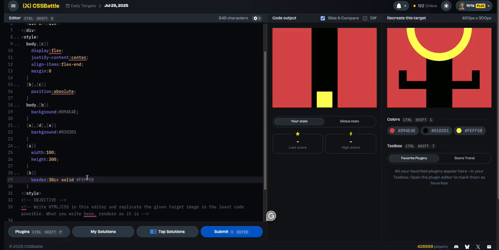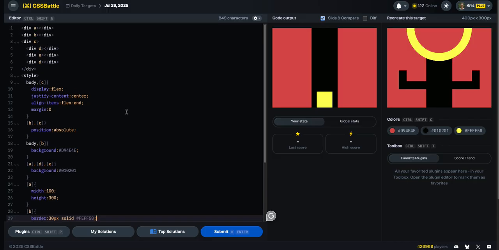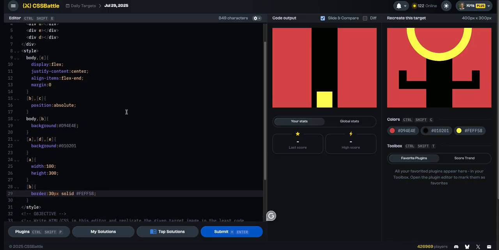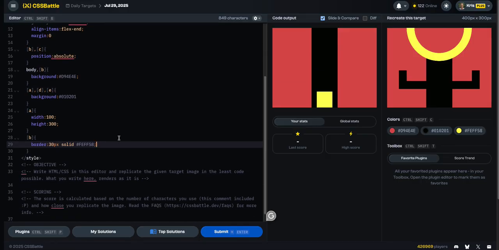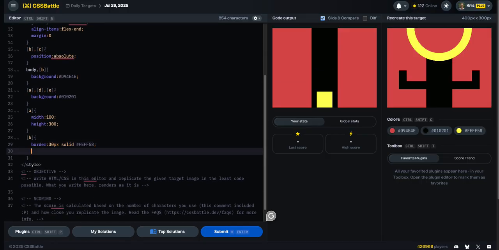Why it is down there is confusing me. I don't know why it would be all the way down there. Alright, I'm not going to worry about that right now. I expected that to be right in the middle. And